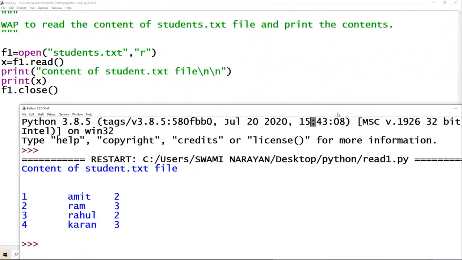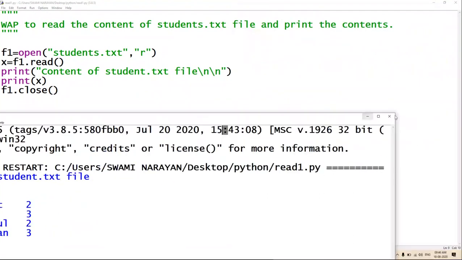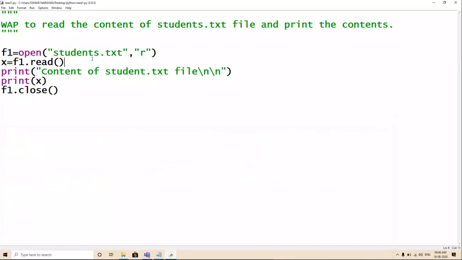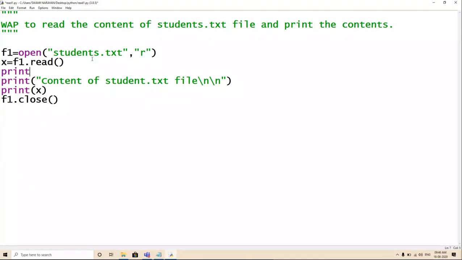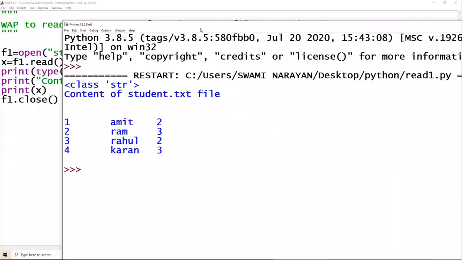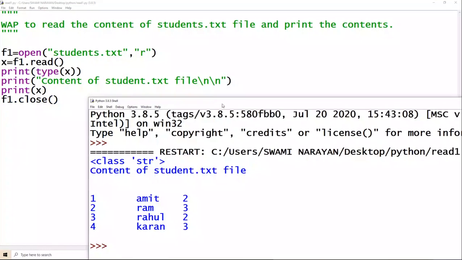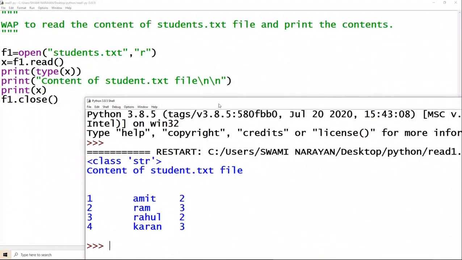Now let us first see the type of this x. What is the type of x here? You should understand this also. What I said: text file you are doing, so str. We are dealing with a text file.